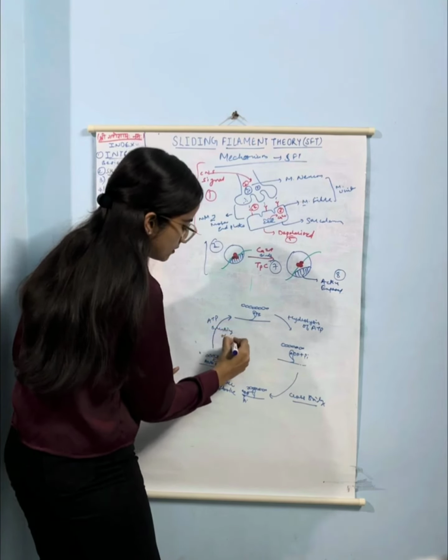Now we will quickly discuss the diagram of sarcomere, which is the functional unit of muscle contraction. There we will see the arrangement of actin and myosin, which are basically the thin and thick filaments, due to whose contraction the muscle is contracting. So I am making a sarcomere, which is the functional unit of muscle contraction. So this is my Z line,